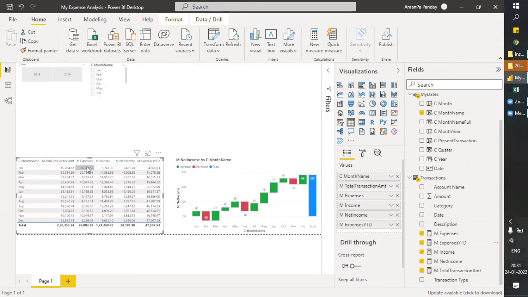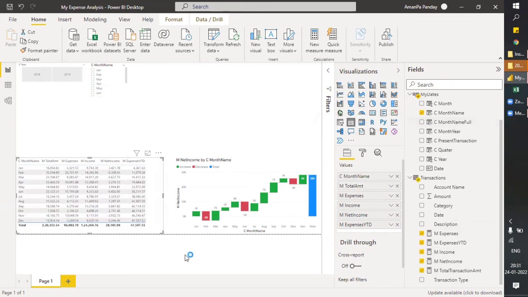If you keep on calculating, it will show you the numbers. Just modify this, it's too long. Total amount, I should say, just total amount. This is how we can find the expenses YTD.